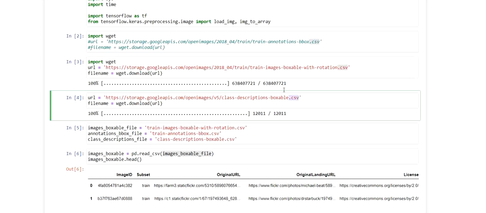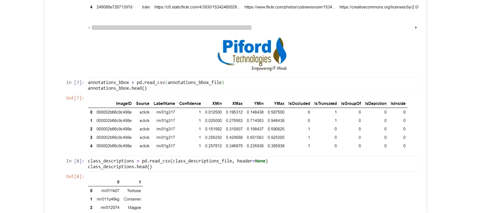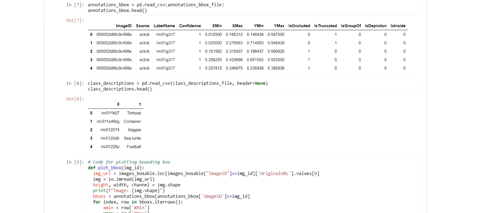The very first file, this train annotation boxes, right? This file basically contains the bounding box information with image name and image label. I'll show you in a minute. Over here you can see this. We are talking about